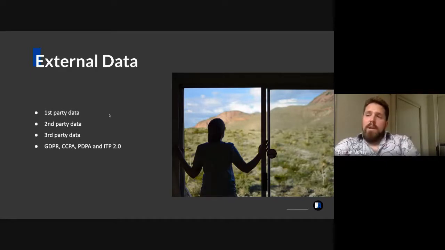The way a lot of companies are looking at getting around that in the future is they'll be purchasing second-party data from other companies and trying to stitch all that together. One solution is to create APIs, so a direct connection between your server and another server, which just plugs it in so you know who their customers are.